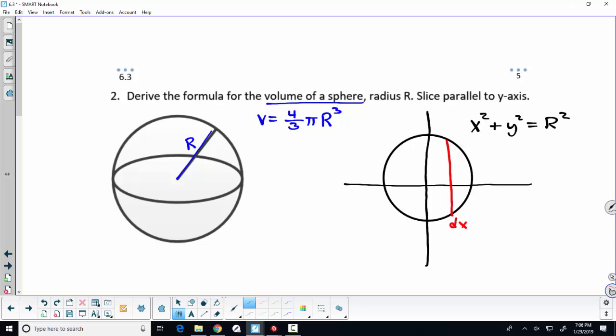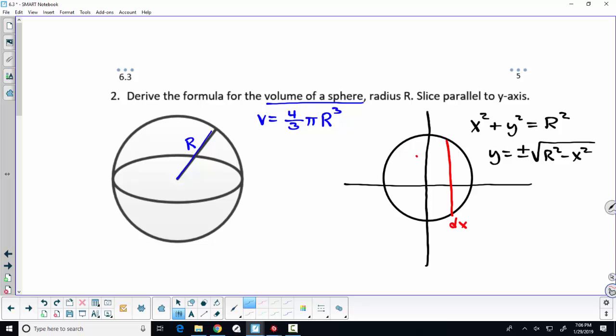And since our rectangles or our slices have a thickness x, we want it to be in terms of x, which means we need to solve for y, right? And so this time positive y is the top half of the circle, negative y is the bottom half of the circle. Here it's top minus bottom, or we could say it's, since we're only talking